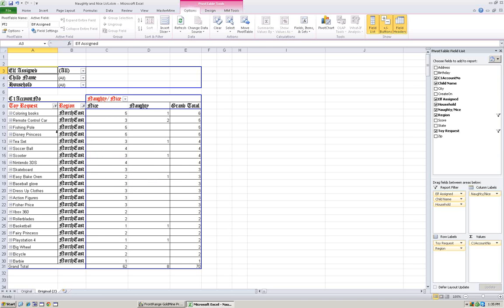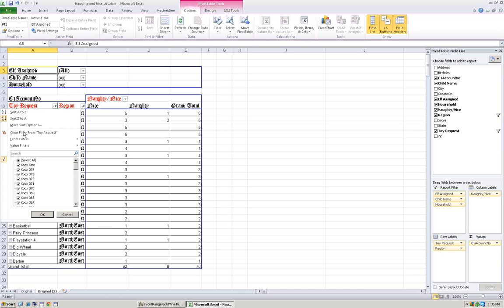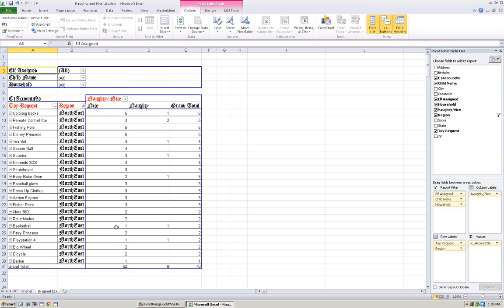It makes it change slower when you drag fields here and there, and it's uninformative to the user. If I were looking at this report as a user, and let's say this was printed out, I might assume that you're displaying the region down here because sometimes it's not Northeast. And especially if it's a really long report that goes way off the end of the page,